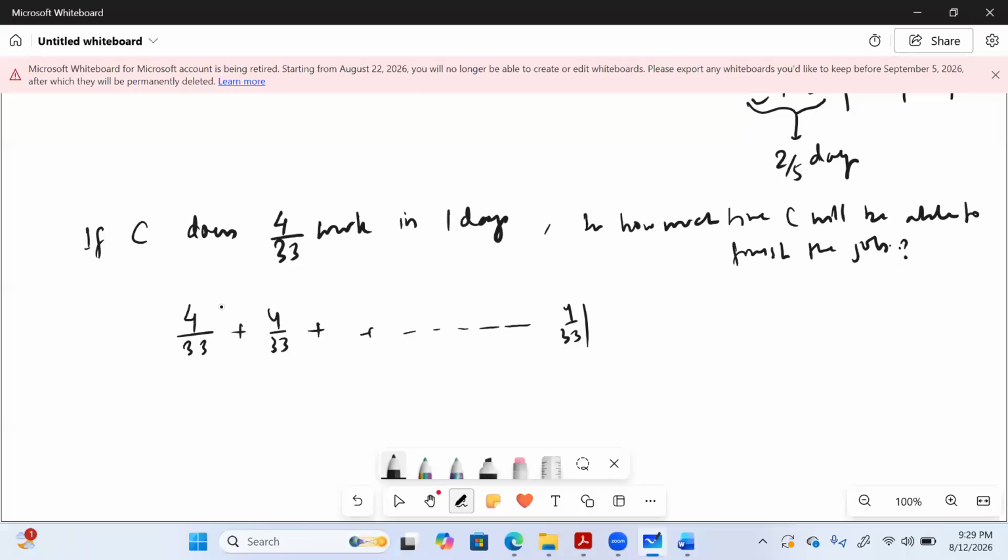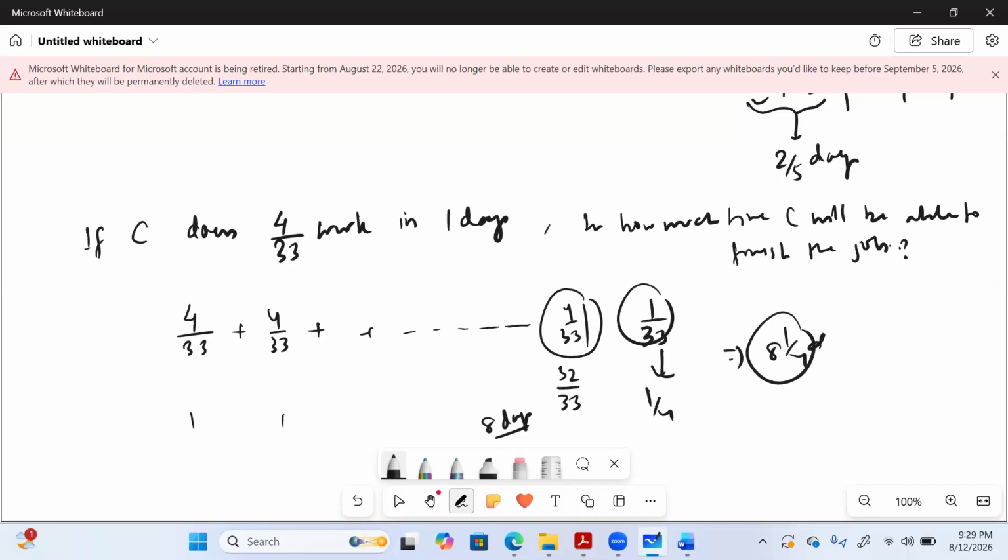सो ऐसा हमने 8 days काम कराया, और टिल नाउ द वर्क हैज बीन डन 32/33, है ना। ऐसे करके 8 days लिख दिया मैंने। Now how much work is left? 1/33. ओके, now tell me, for this work what part of the day will be used? सिर्फ 1 part. 1 part मतलब 1 out of what? 1 out of 4. गुड। तो ये हो गया 1/4। तो आंसर इज 8 1/4। ठीक है।